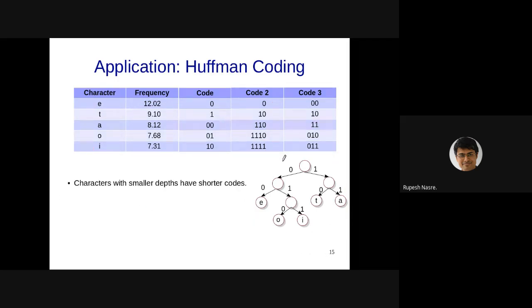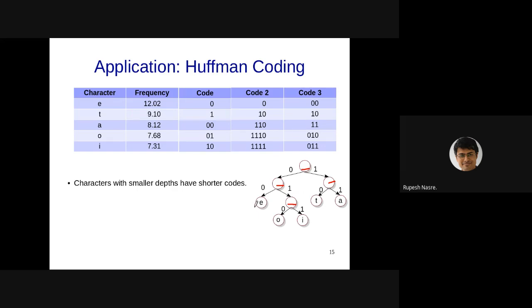One objective that we have is that, first of all, these should be prefix codes, which means that no interior node should be a valid code, right? None of these should be valid codes. The valid codes must occur only at the leaf. The other one was that the elements which occur more frequently, for example E and T, should be somewhere up in this tree, which means that they have shorter code lengths, right?